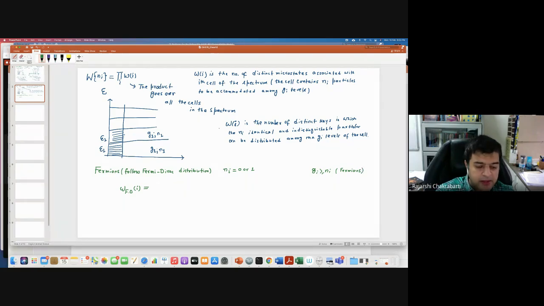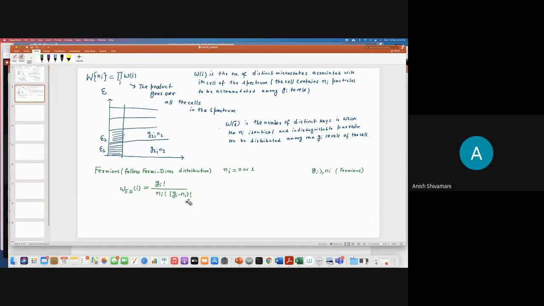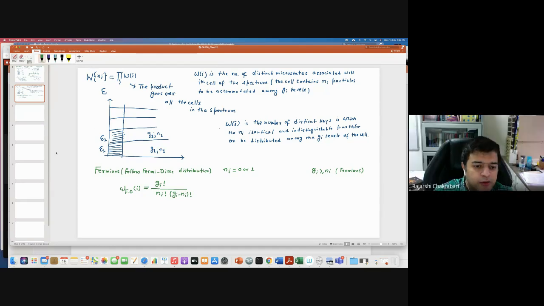For Fermi Dirac, this is going to be Gi factorial divided by Ni factorial, and so on. Is that fine? Yes, sir. And then what will be the capital W? The big W. This is a product of